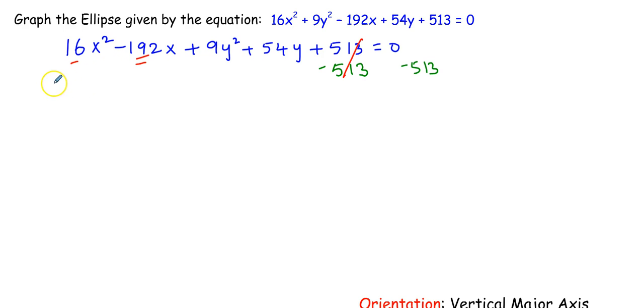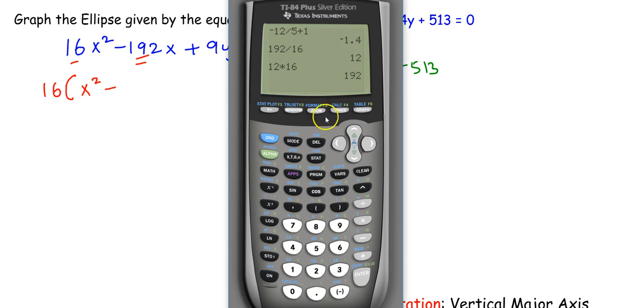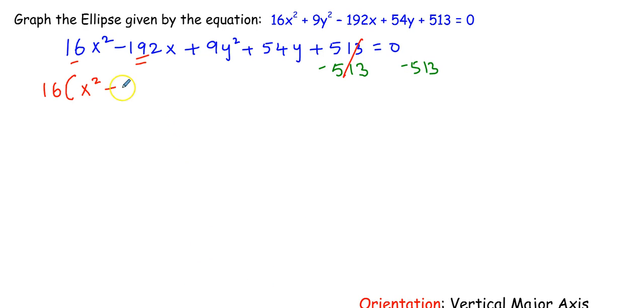Right, so 16, only the numerical factor we are taking, we are not looking at x. 16 is taken out, so you are left with x square minus, this is 16 times 12 is 192, so I'll write x square minus 12x, close the parenthesis, plus